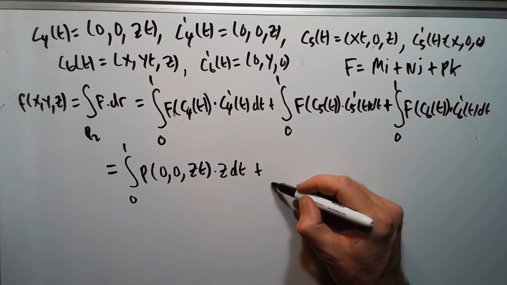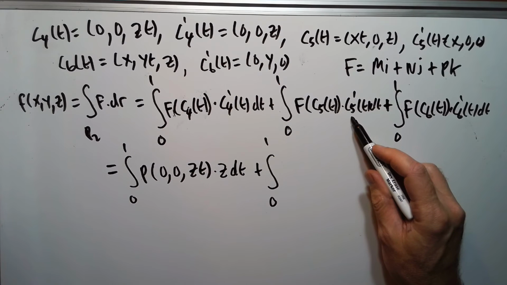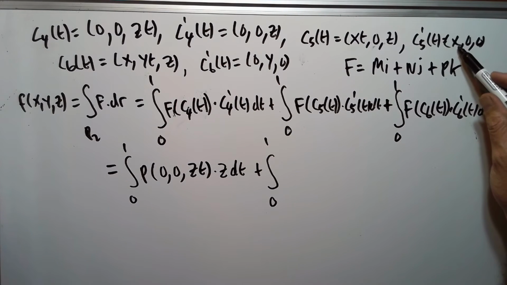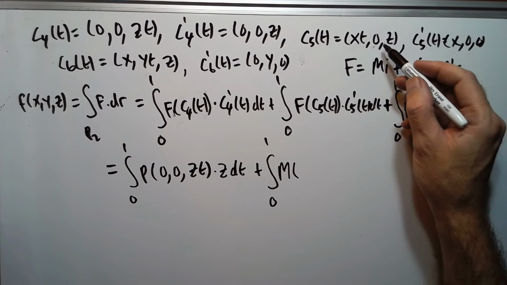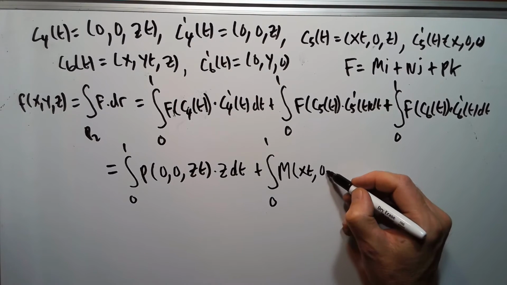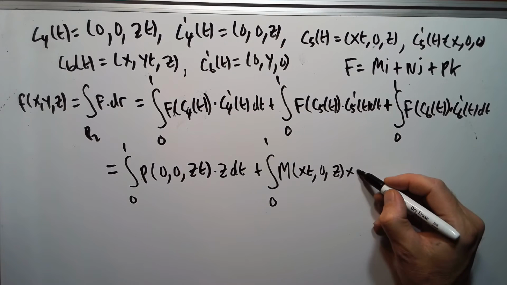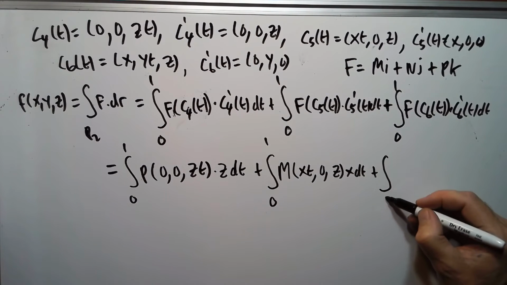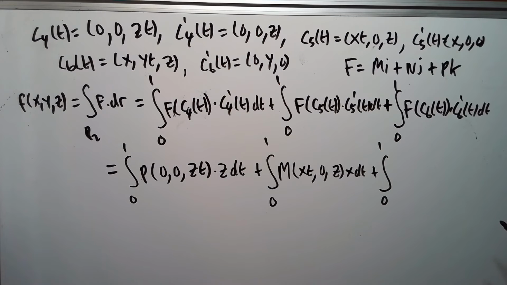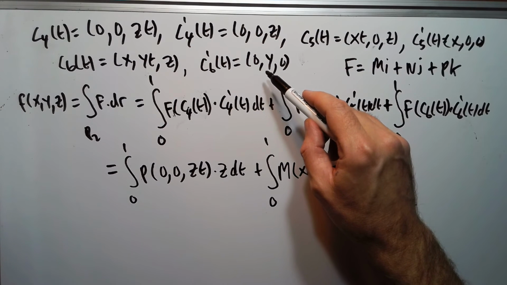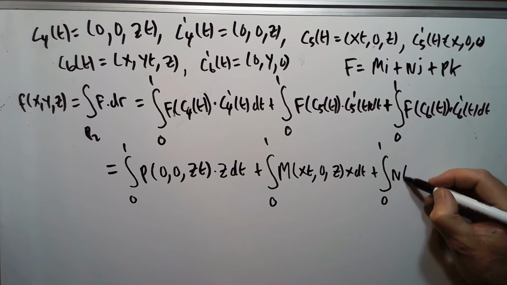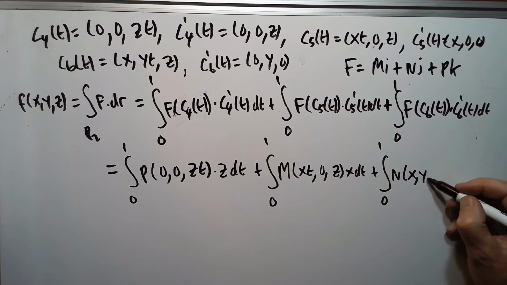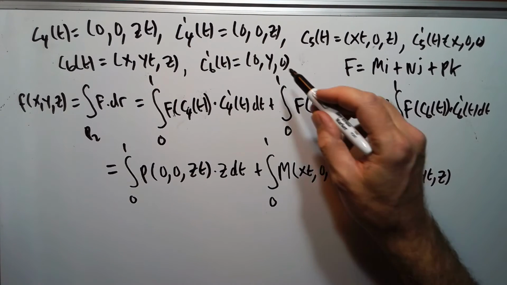dt, plus this one, C5 prime, is picking up the i component, it's in the i position, so it's going to be the m guy, it's going to be m at C5, so C5 is here, (x t, 0, z), x dt, and the last one. So the last one we have then is C6. Okay, so it's in the j component, so it's going to be N. It's going to be N(x, y t, z) dotted with this, which will be y